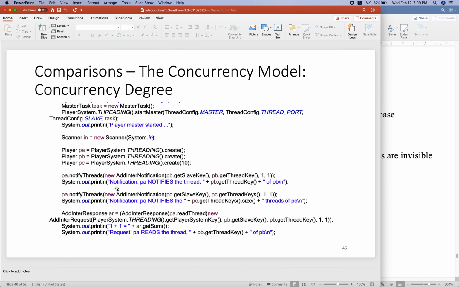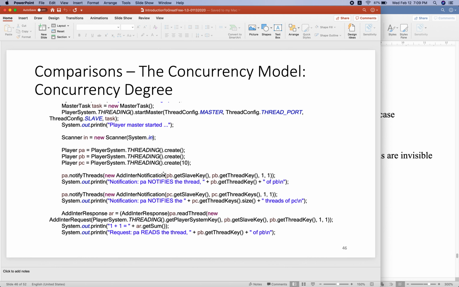After these players, the handlers of threads, are created, you can assign some tasks to them through notification. Notification is just a kind of message, right? This is the add internal notification. I will explain this example later.